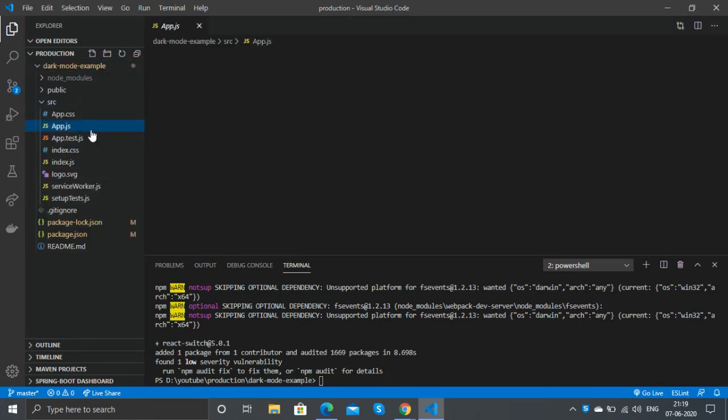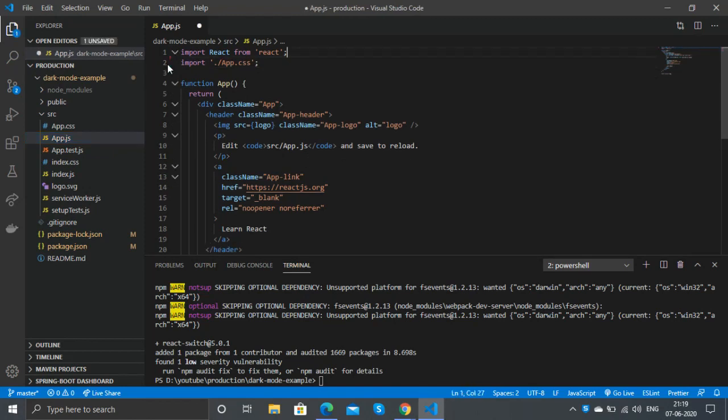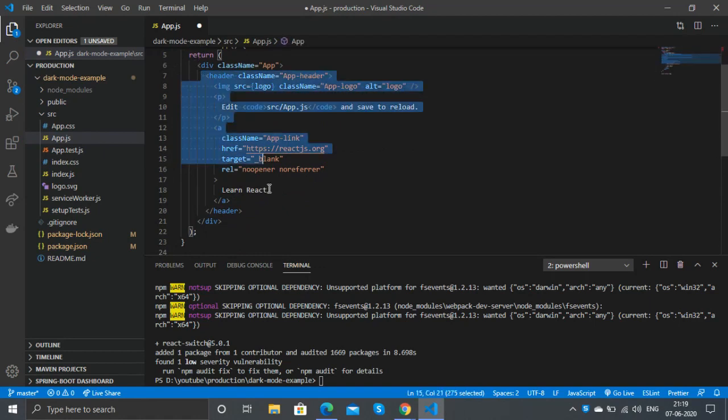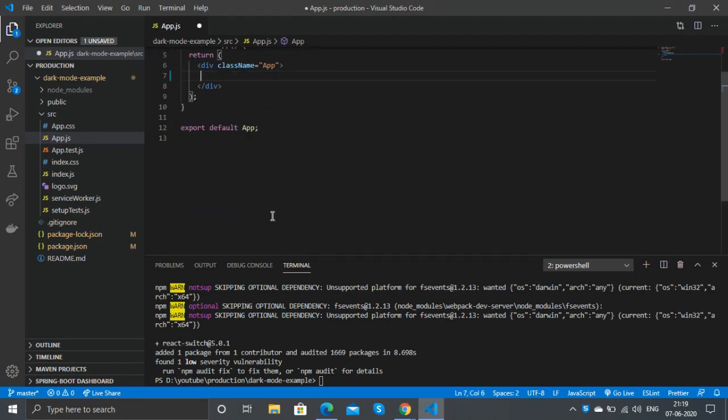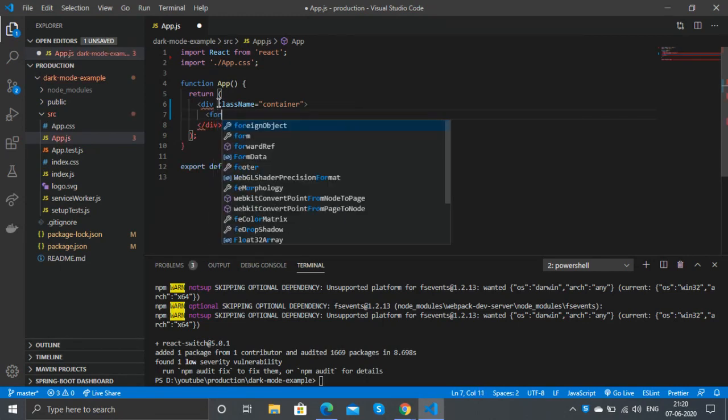Let's clean up our app folder for now. So in the App.js we see the default code given by Create React app. So let's remove that. First we'll remove the logo import, then we'll remove all the code inside the div. Lastly, we change the class name of the div. We will name it something like container. So it acts as a parent to all our UI elements.